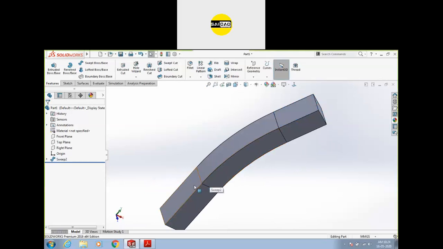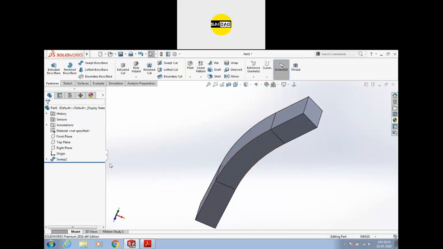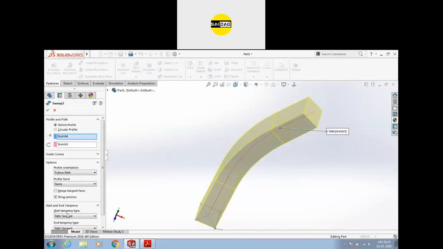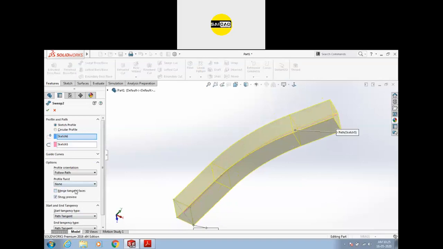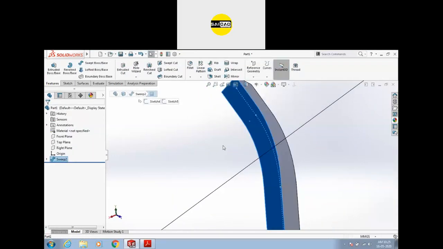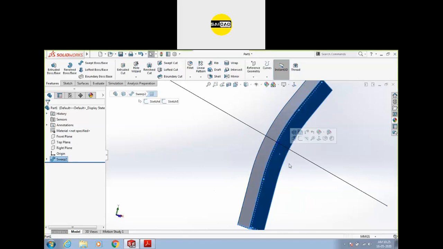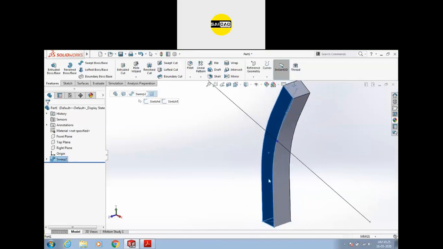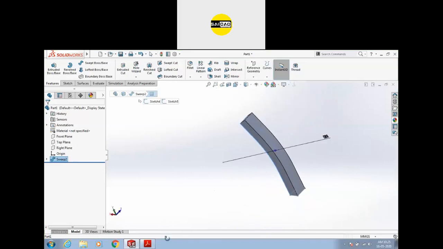So, to combine these surfaces to create a single surface on all sides, there is an option called merge tangent faces. Okay, you see there are edges. If I press this button, merge tangent faces, so all the tangencies will be merged, and you will see only one surface. Okay, sometimes you need a single surface, so you can create it with this option.